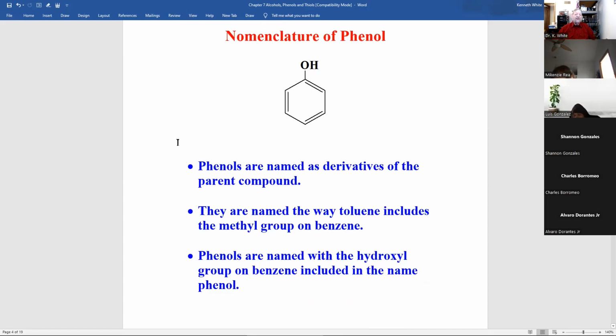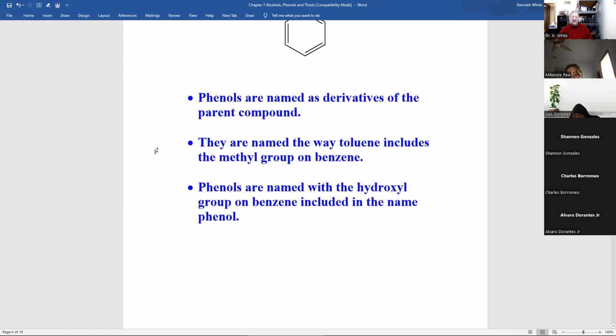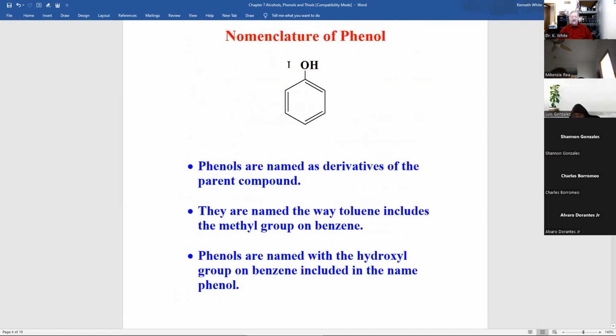But phenols, just like toluene, you'd have something phenol. It's like that. And the hydroxyl group is named in there. Now, later on, I'll talk about it, but one place you can find phenol, because it has antiseptic properties,